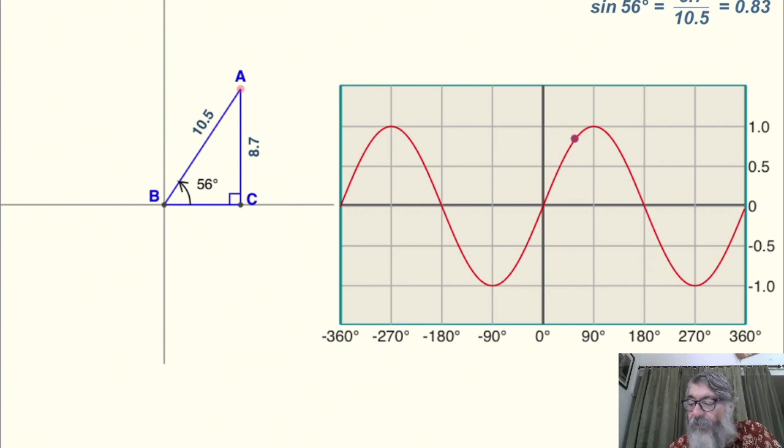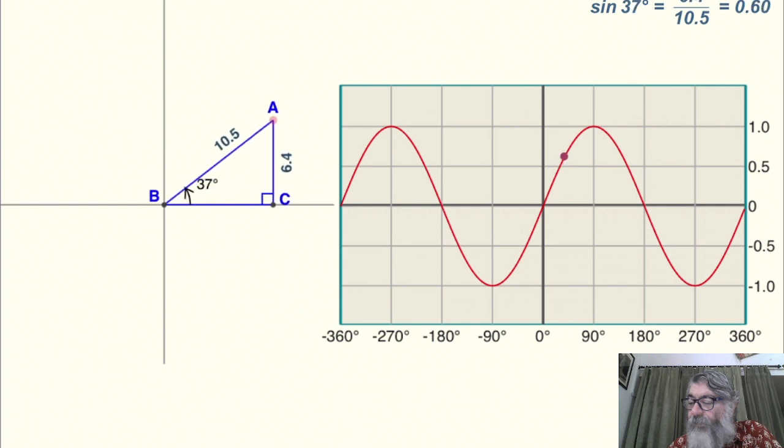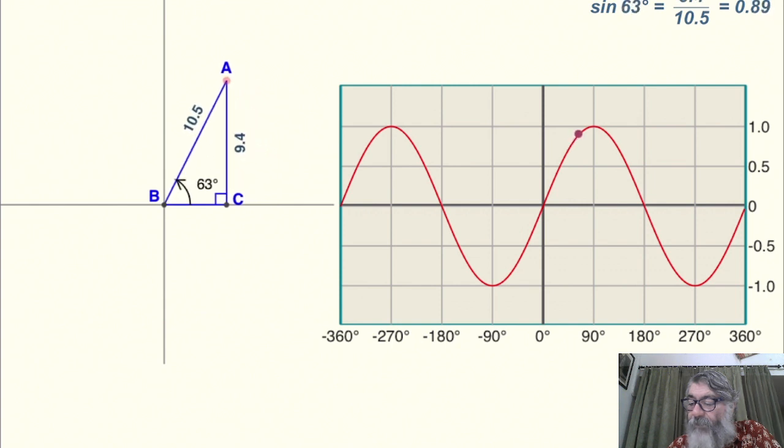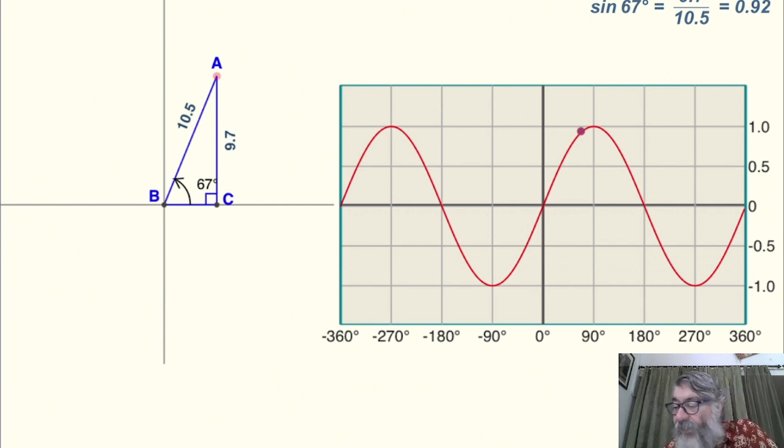Notice the movement of the red dot also. If I move it back here, the red dot is coming. If I am increasing, the red dot is going up. That means the value is increasing. Suppose I move it slowly. Now it is reaching the maximum height. The maximum height here on the graph along the y-axis is +1, and the minimum height is -1.